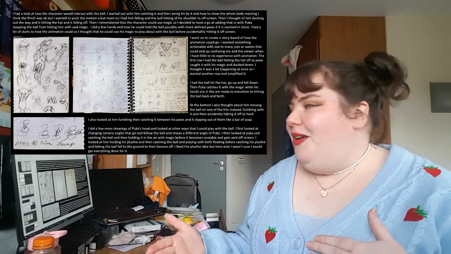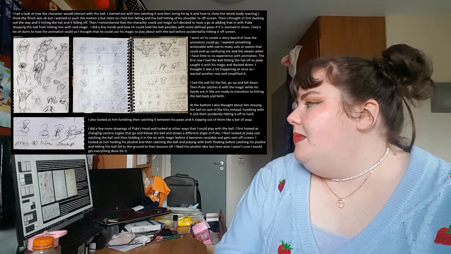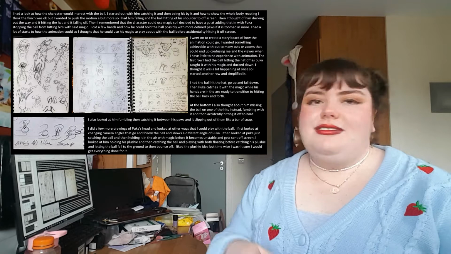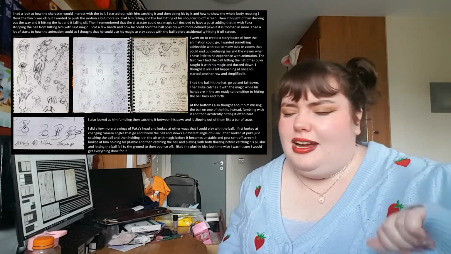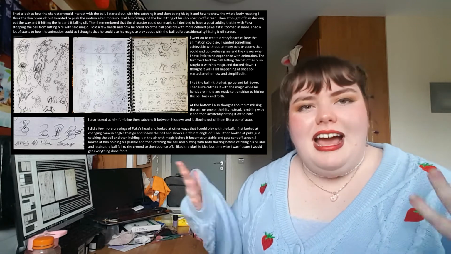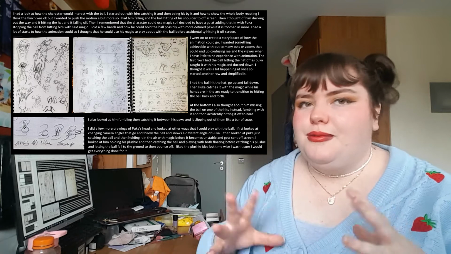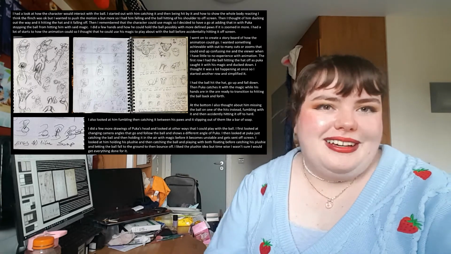Then I did this later on, but I basically made another page which looked at different storylines that I could do, including just general Puka faces and stuff like that at the top, because I was just like, oh, I'll just draw more of Puka, and then I was like, actually maybe I could draw a few more storyboard storylines that I could do for this animation, because I really consolidated into one very quickly.